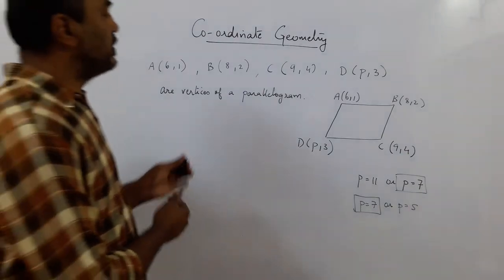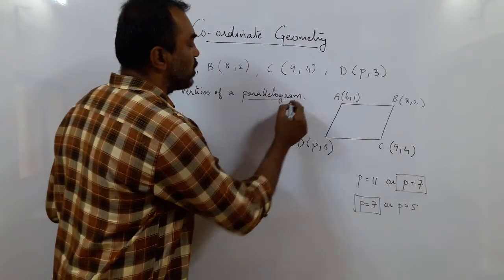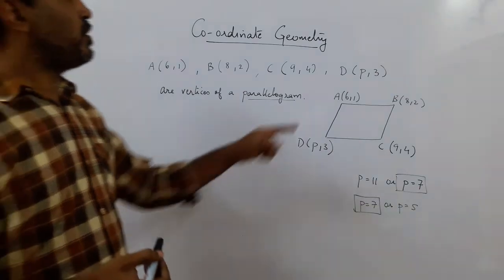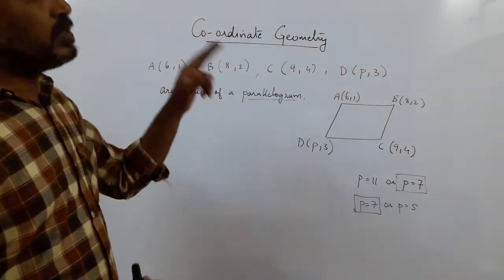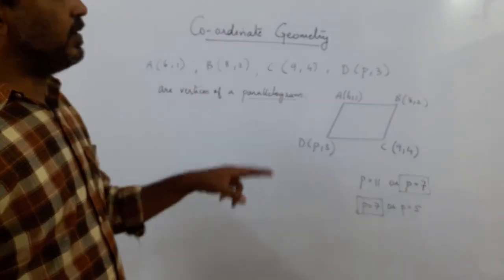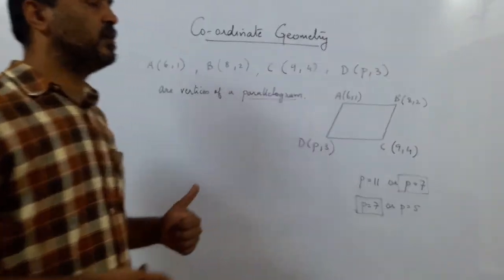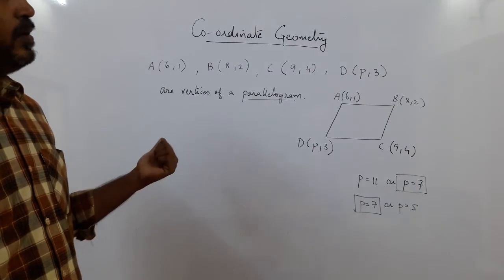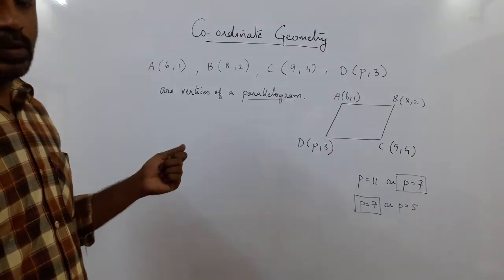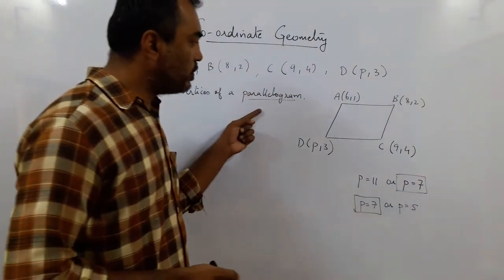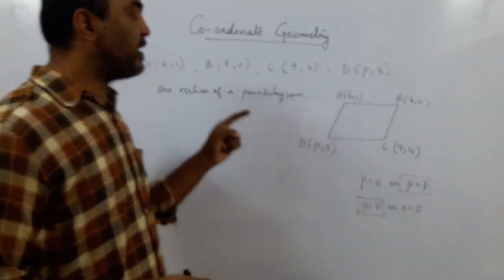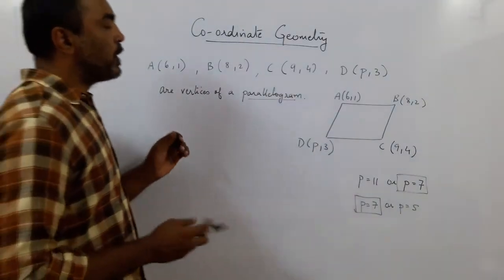This method will work if the thing is a parallelogram. If the quadrilateral is a parallelogram, even if it is a rhombus, even if it is a rectangle, even if it is a square, this method will work. In a trapezium or a general quadrilateral it might not work. But this method works for parallelogram, for rhombus, for square and rectangle. What do we know about the parallelogram?